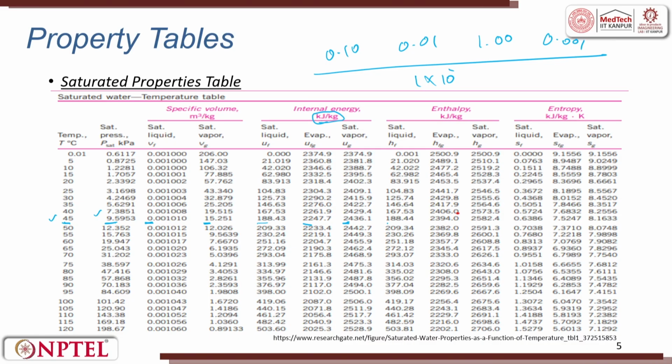Then enthalpy will be kilojoule per kg. So, internal energy is kilojoule per kg, enthalpy is also kilojoule per kg, keep that in mind, units are the same, right. So, here you will have 188.43, right, and then it is 2247, it is approximately the same. It is 2582, it is 2431, approximately the same with some approximation, right. So, it is very close by. So, enthalpy and internal energy values are very close by.